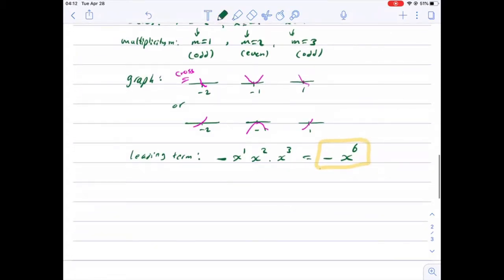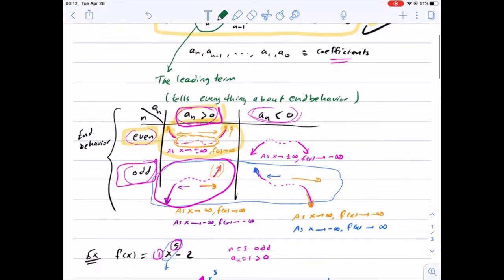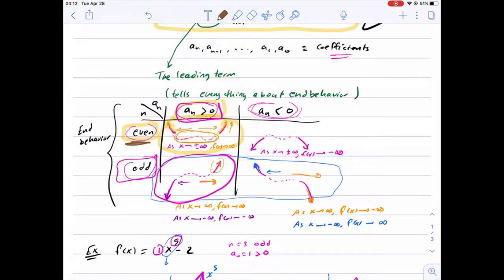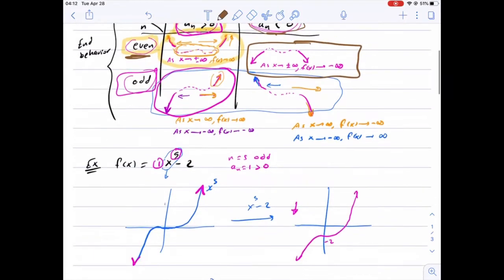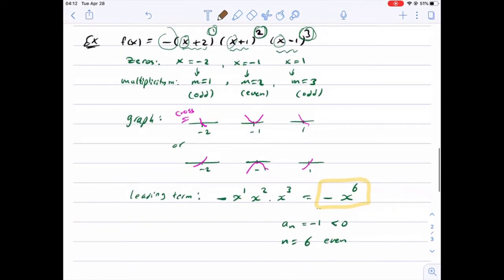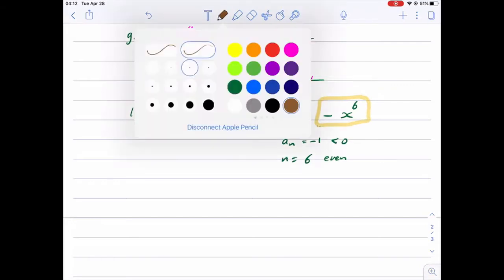So this is the leading term, and this determines everything. Here a sub n is equal to negative 1, so it's negative, and n equals 6, and that's even. If n is even and the leading coefficient is negative, then the graph looks like this. The graph goes to negative infinity from both sides. Now that means if we graph the function,